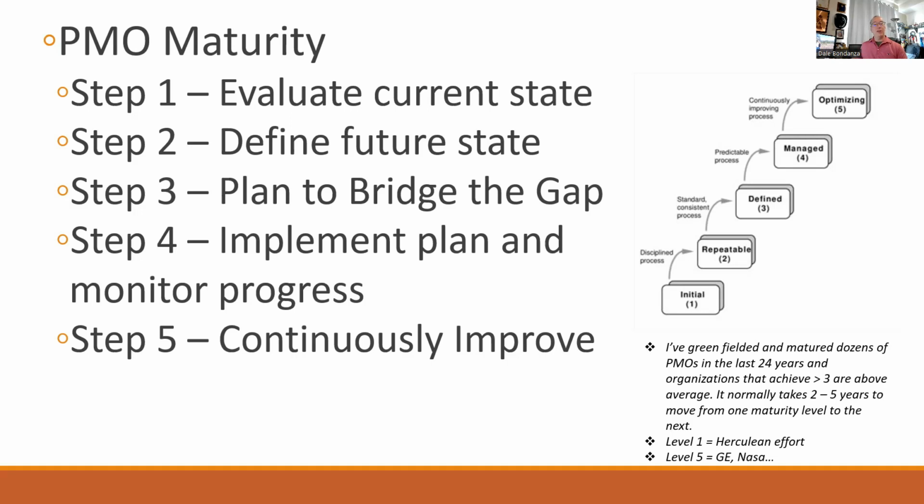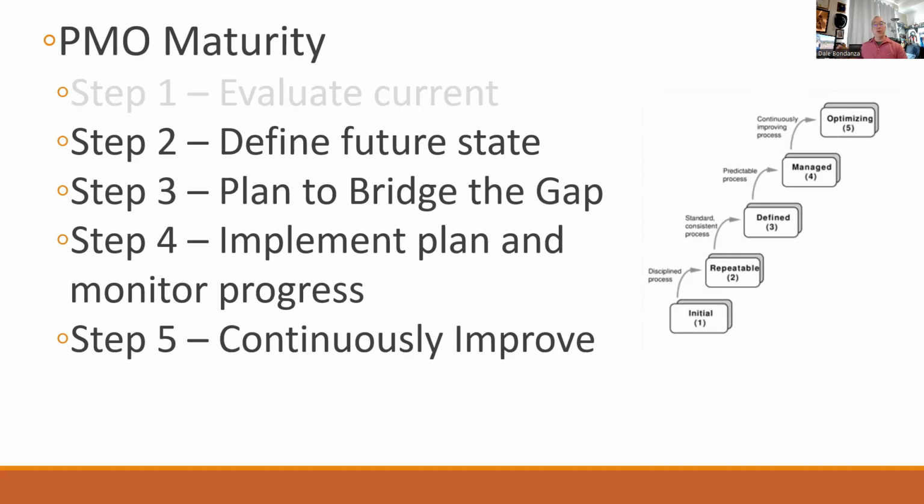So once we've evaluated the current state of the organization, we want to build the future state. So let's identify what the PMO's desired maturity level is numerically, and we're going to define a roadmap to get there. The roadmap should include the specific goals, milestones, and timelines for achieving that desired maturity level. This roadmap must be SMART, and most of us are familiar with the term SMART,